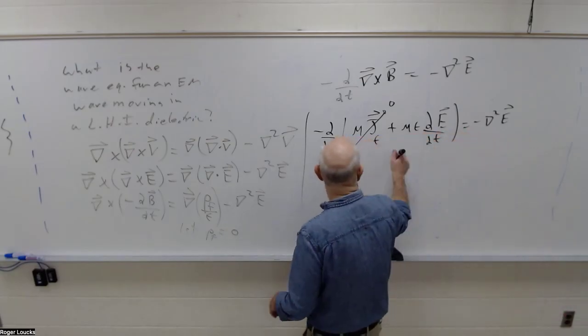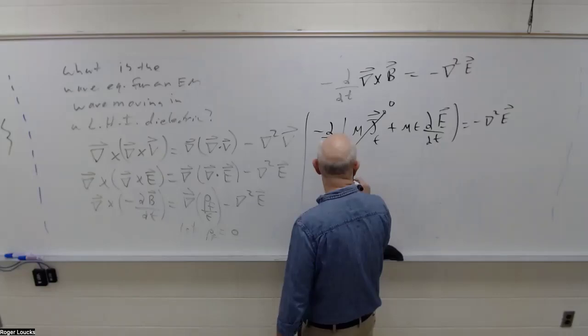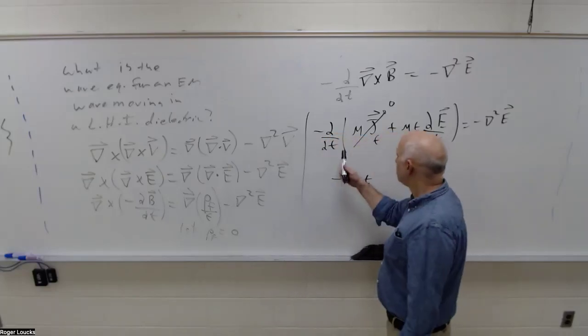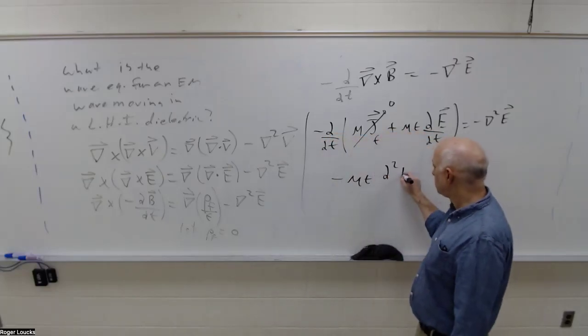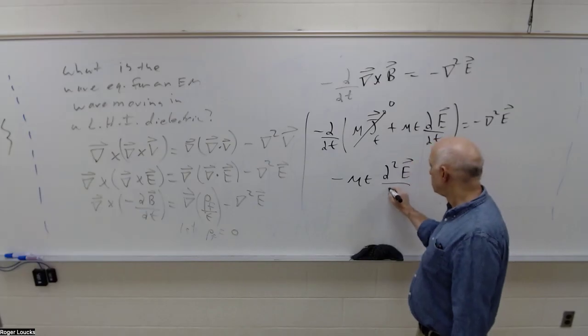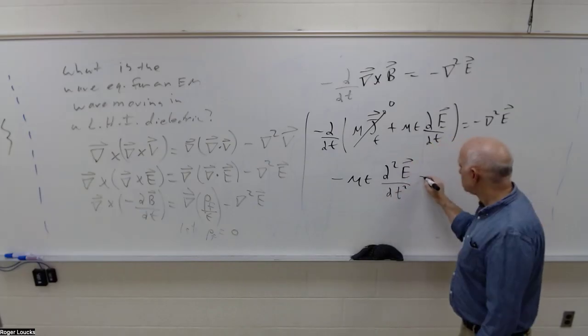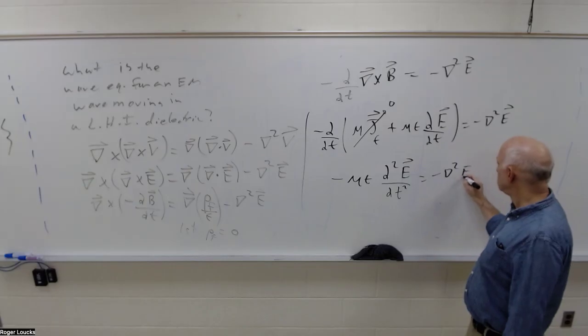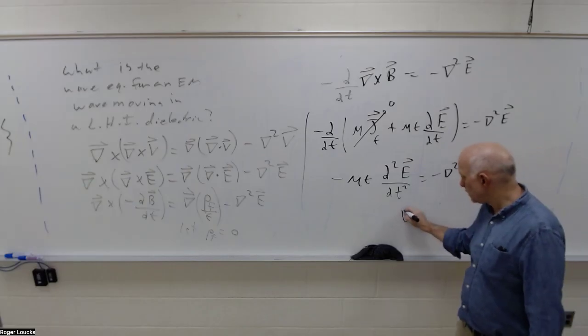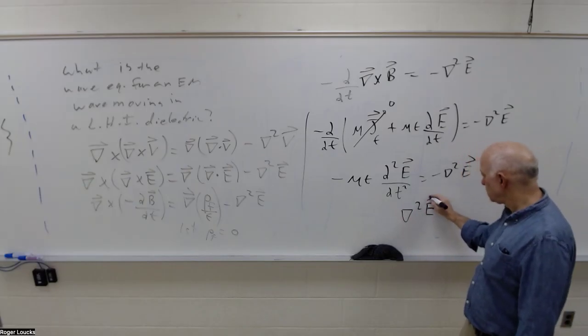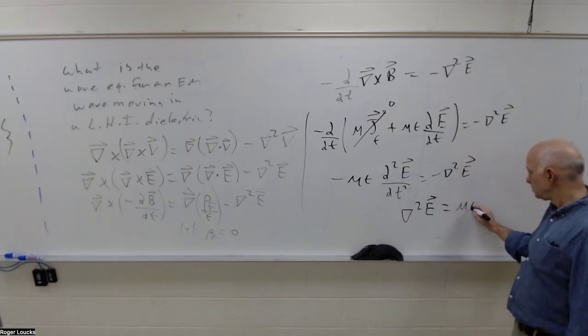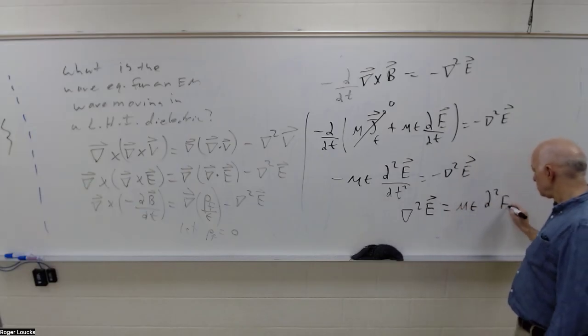Okay. And what does this give us? This gives us minus mu epsilon here. This again gives me a second root. Here, and then what do we get? We get our wave equation here. Now,